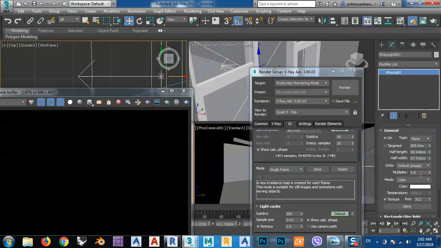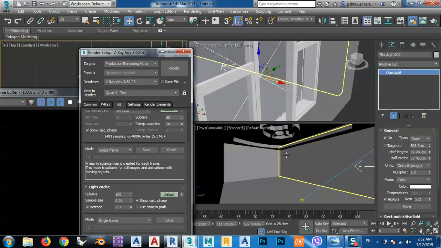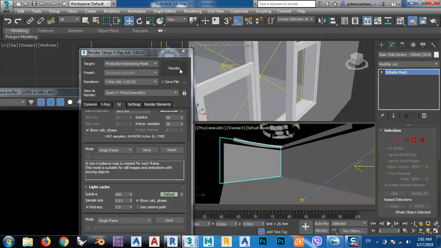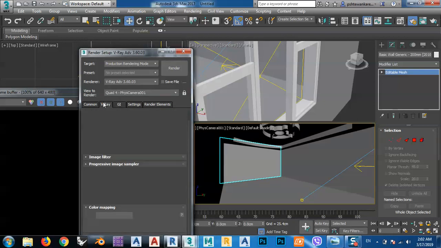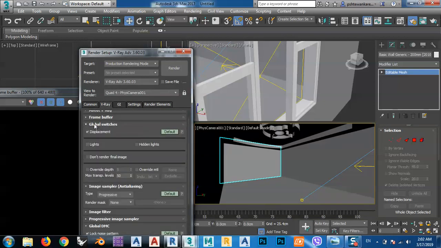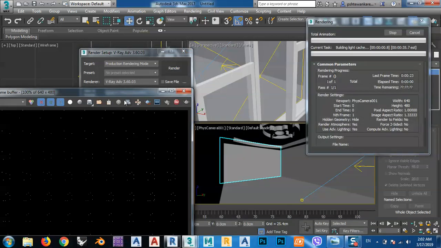The light is, let's say 5, and be sure that we select this view. And I'm sorry for the light, I think I switched off the lights, yeah, as you see, and I don't want any displacement. Now render, yeah,